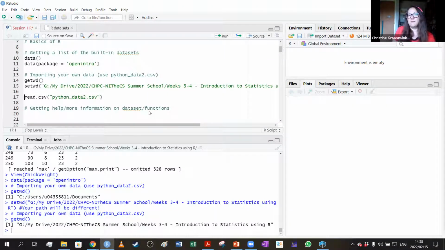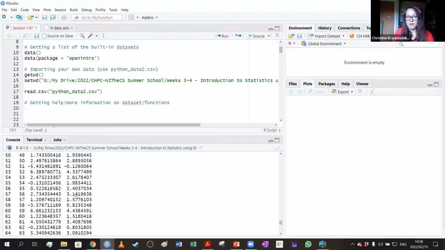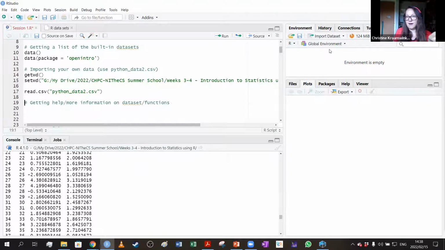So this is how you would import a data set which is in your working directory. If I've done that, you can see it's just read it in. But that doesn't help me at all. It's not in my environment, so it's not going to achieve anything. So I'm going to say here, I want this to be assigned to my data. Different from Python, we use an arrow, a bracket and a line, to assign something into a variable or into an object.